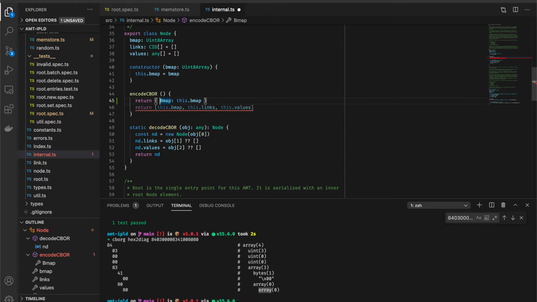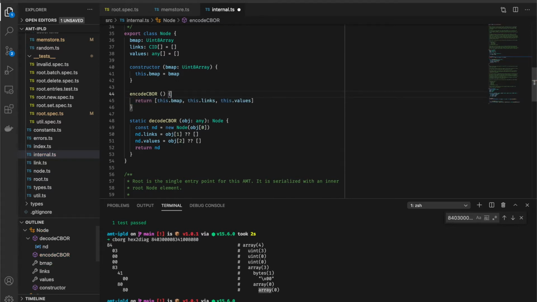I'm glad that I managed to figure out that we need to return arrays from our encode CBOR and decode CBOR. Decode CBOR gets given an array of properties in the order that they were encoded in. How cool is that? So now all I need to do is go back and refactor all of the actor encode CBOR and decode CBOR